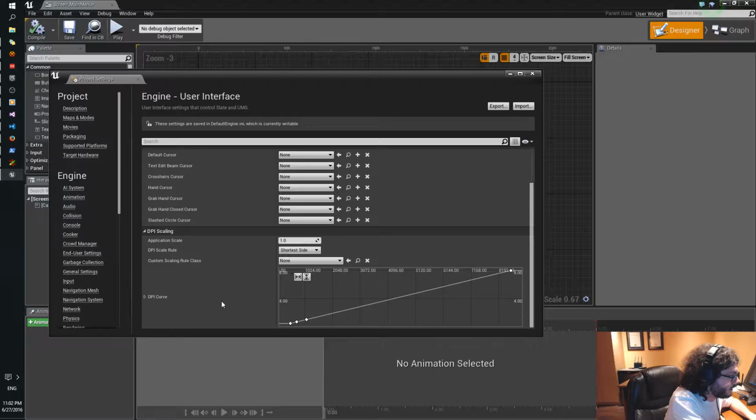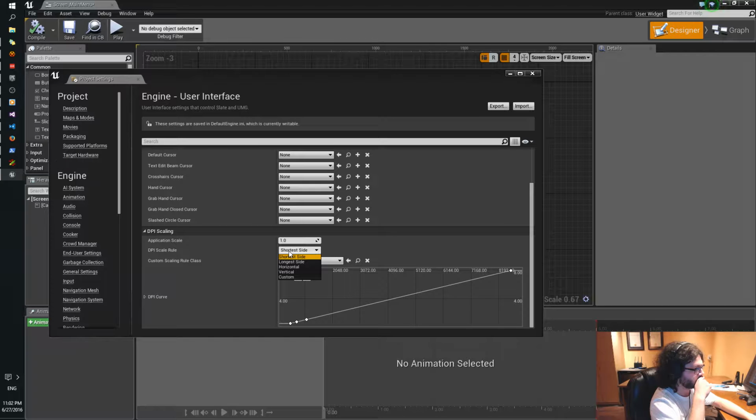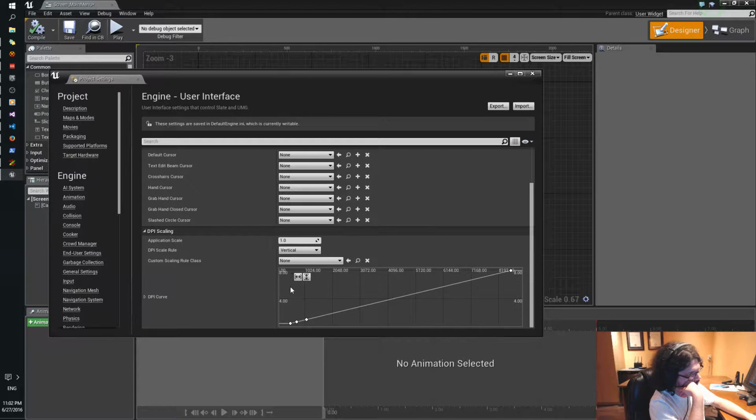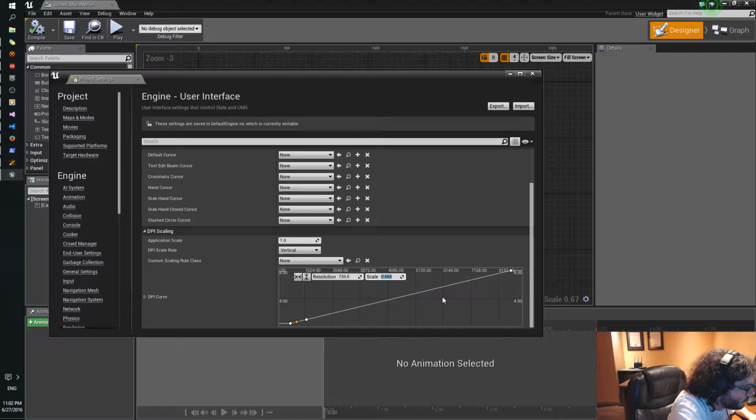So 1080p is scale 1. So vertical, so 480. So we're just in 0.6 scale.